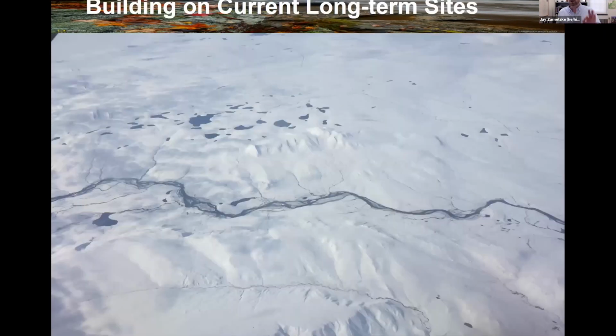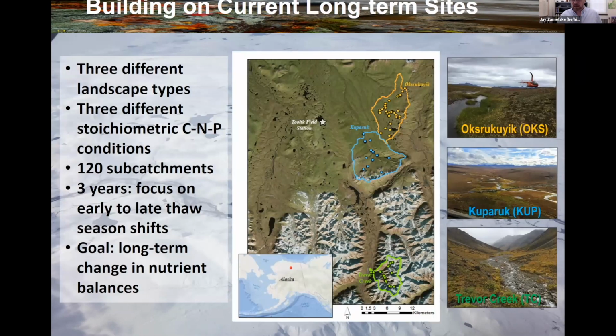So I'm going to give you just a couple quick and early results here that show you that we are learning a lot just by taking this new approach. There are 3 different landscapes that we've been studying here. They're all relatively close to each other, within about 50 kilometers of each other. There are 2 adjacent watersheds. The one in orange is